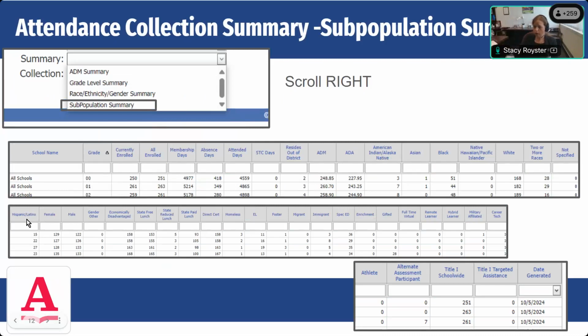If I were to keep scrolling right, I see down here how many have been marked Hispanic, how many females, males, how many economically disadvantaged, free, reduced, paid, how many students are on direct cert, by grade level, by district, by school, how many homeless students, how many EL students, how many foster, migrant, immigrant, spec ed, enrichment, gifted, how